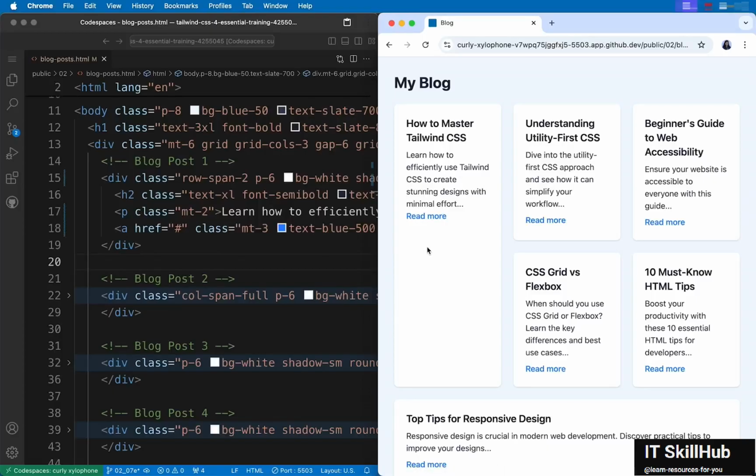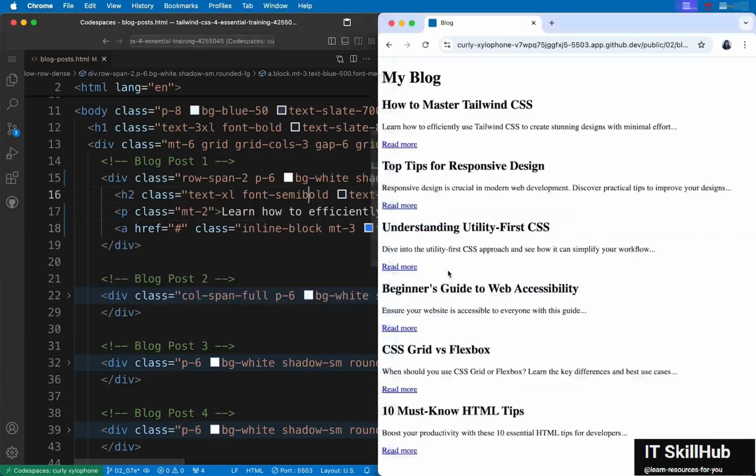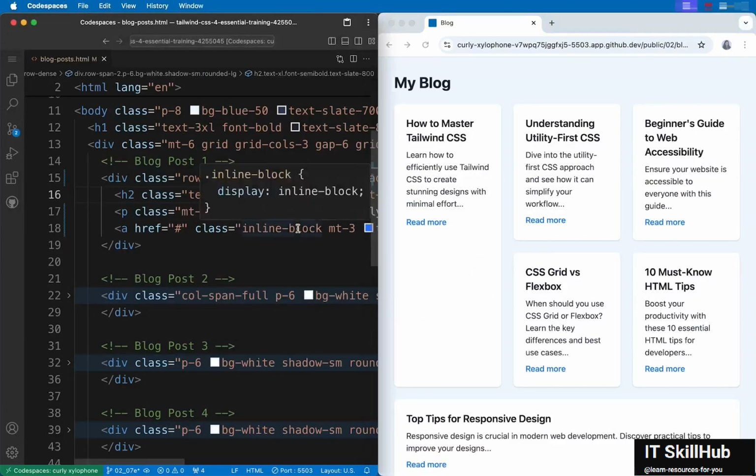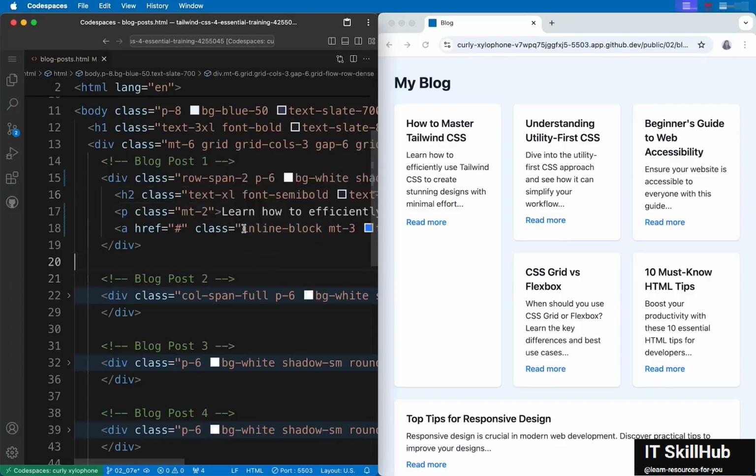Inline is the value of the display property in CSS. So if we change this to block or inline-block, then the margin seems to work. You see? Now it's working. So these are also values of the display property, just like we've already seen flex, grid, and inline. There's also a hidden class which removes this item from the DOM. This class sets the display property to none, and this should not be confused with the visibility hidden CSS rule.